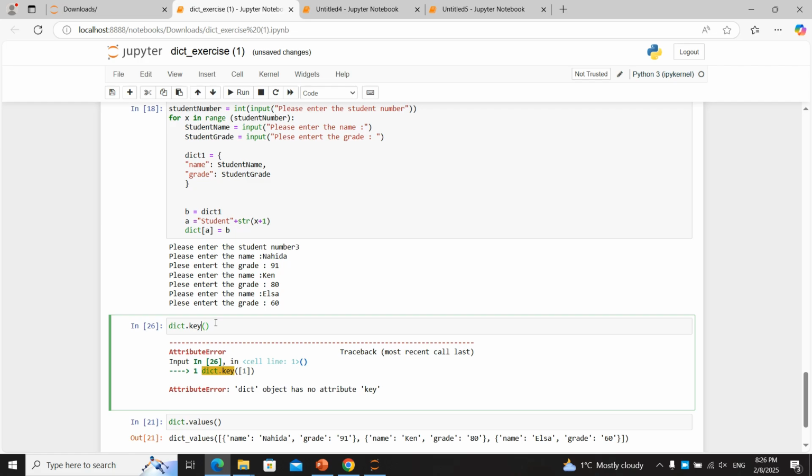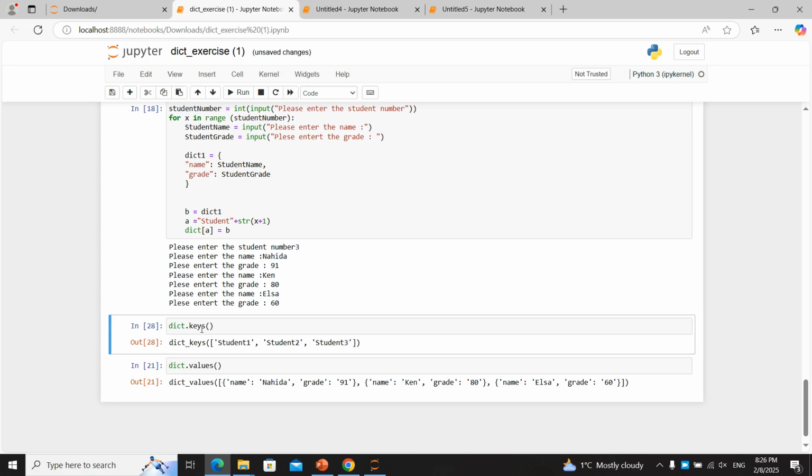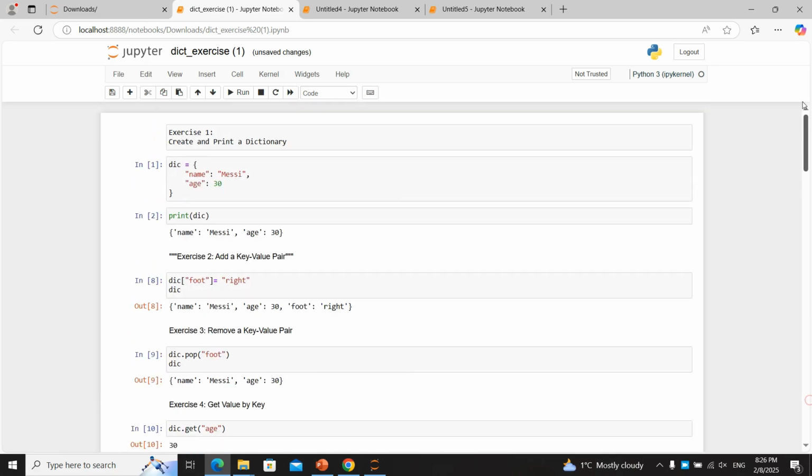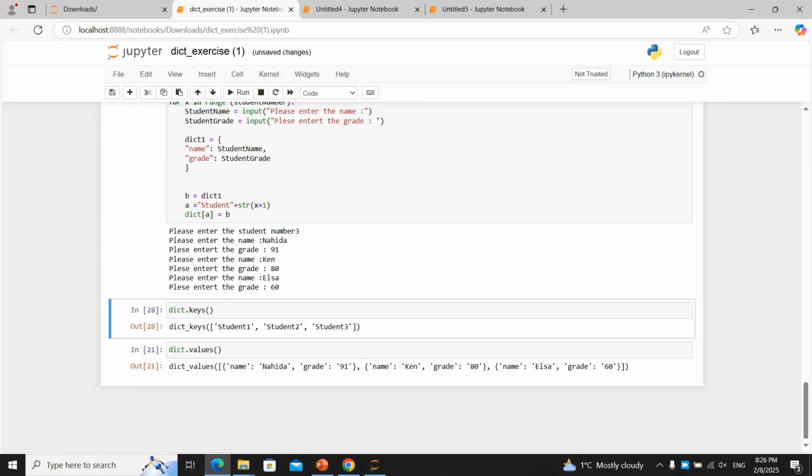So what should we do? We can save all the dictionary keys in a list and use them. For example, let's use the 10 easy exercises that we did in a previous lesson. We can remove a key-value pair. What we can do is pop and delete a student. How? We just say